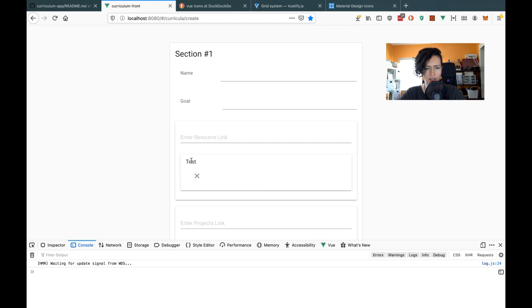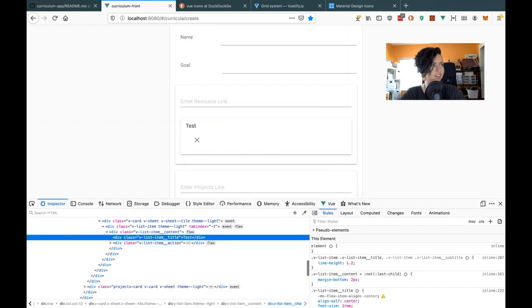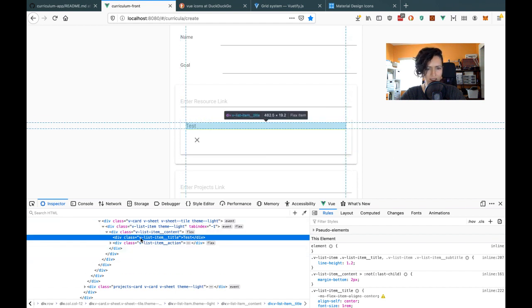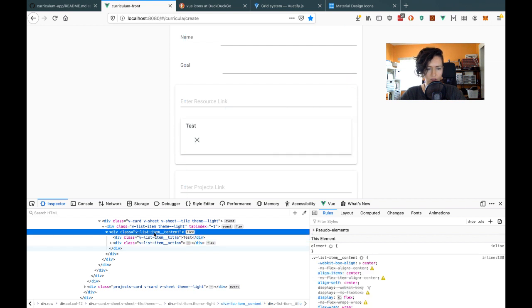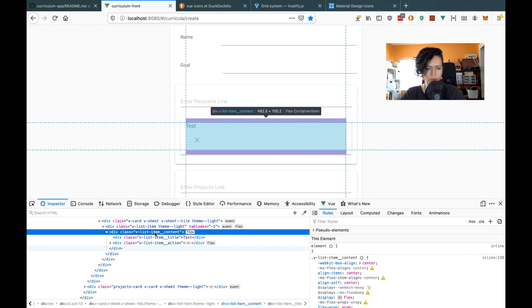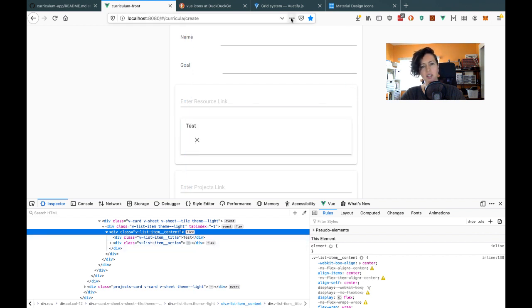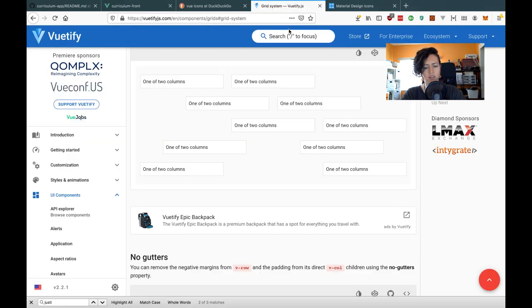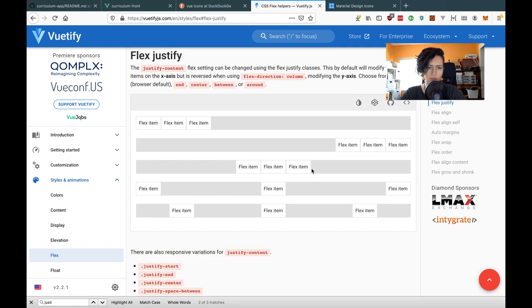I could just do custom Sass instead. Let me look at what classes Vuetify is giving me here. So they have vlist item content, and then they must have, let me look at justify again. Flex justify. Justify content. The thing is,